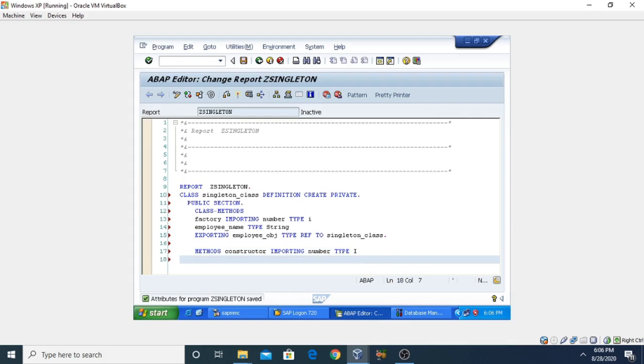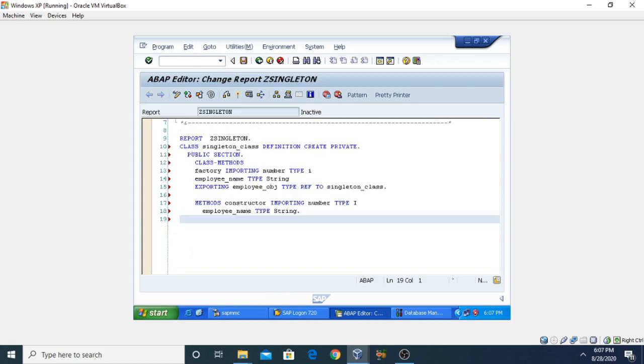Similarly I am going to take the same parameter that we have already taken, employee_name, and the type is string. Generally a constructor is used to initialize the data members of a class. So we will initialize the number as well as employee name using this constructor. The other one is the factory method, in which we will get the value of the number and employee name from the user.